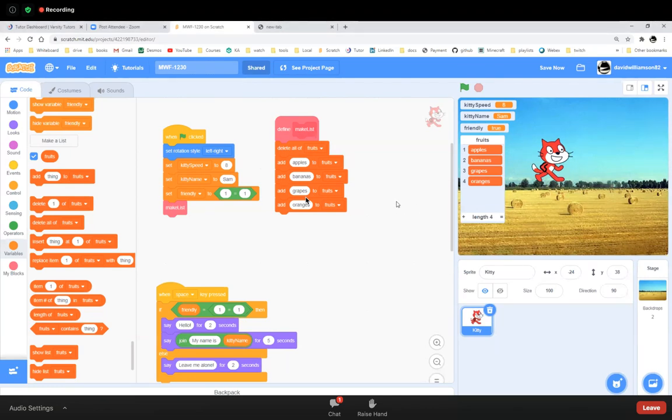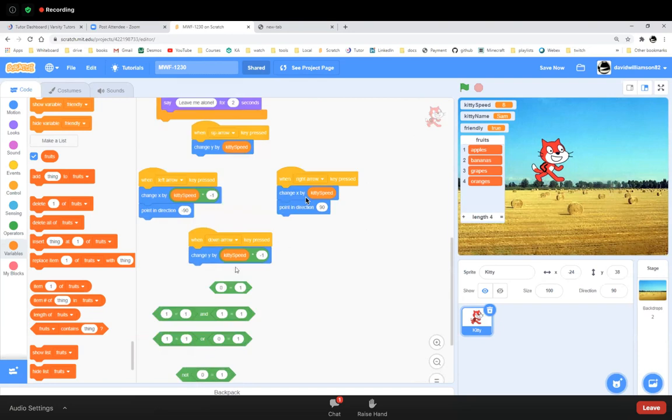All right, that's kind of a little bit about what a list is. So let's actually show you, what can you say what variables do again? Yes, variables store values. Okay, I have a variable called kitty speed. It stores the value of 8, the number 8. So anytime I call kitty speed in the